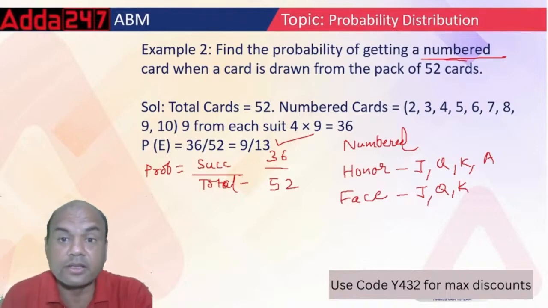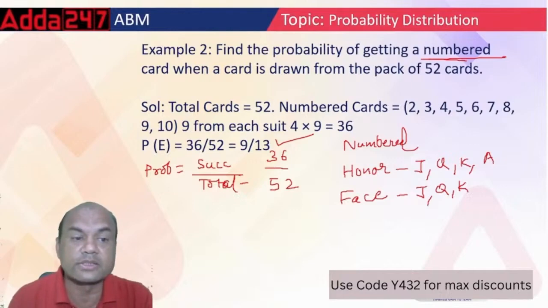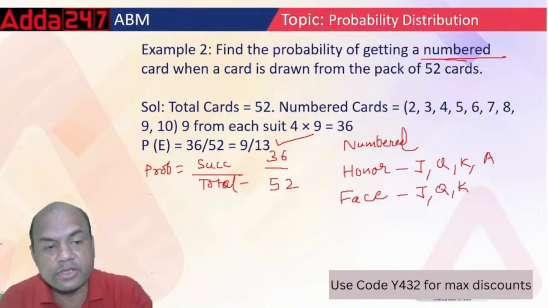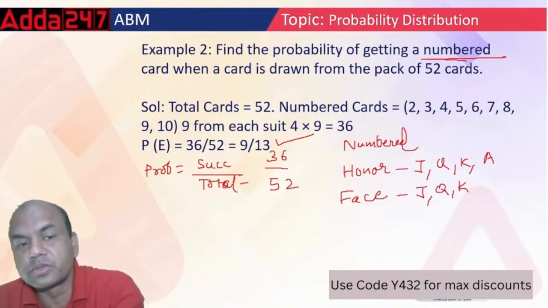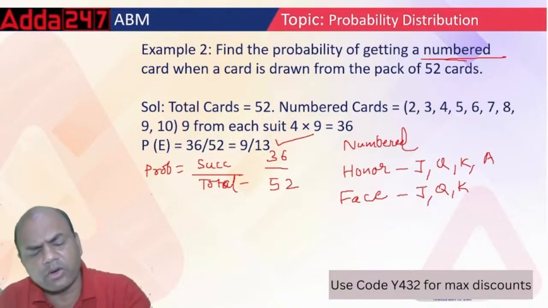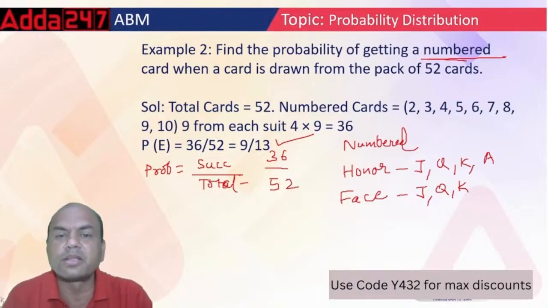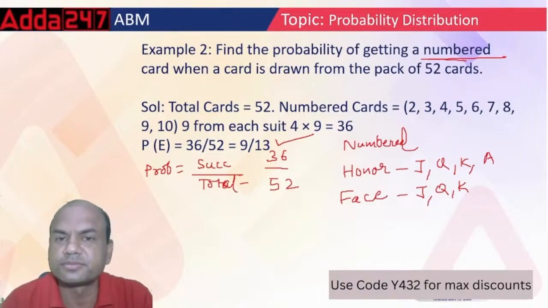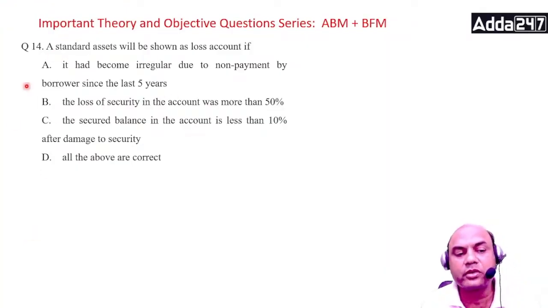Everyone got this? This is a very important concept to understand. You should understand this very properly. Everyone clear? So these were the numericals which I had told you. Here we were to do theory and numericals, but all the numericals are not possible to be done in this half-hour class. We'll be covering the objective questions.